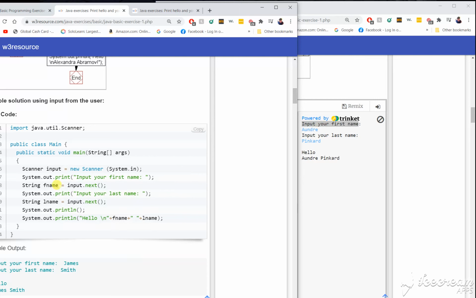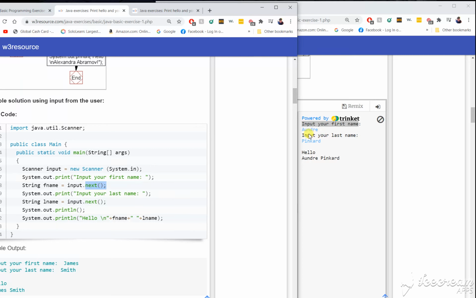Oh, I got another analogy. Okay, so F name, all this is F name. Bam, F name. Everything highlighted, F name. And input is the thing that allows you to type your first name, Andre. And next, parentheses, quotation marks, allows you to,